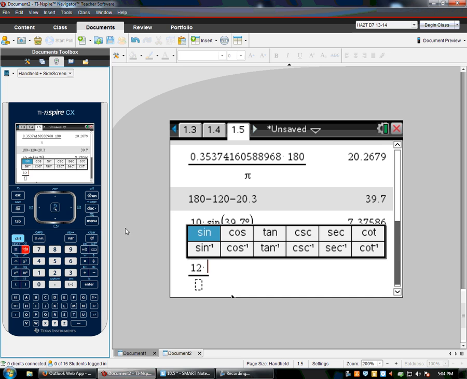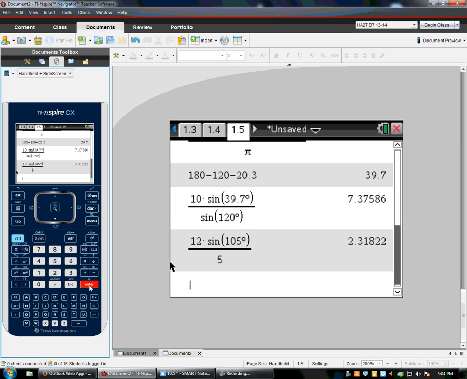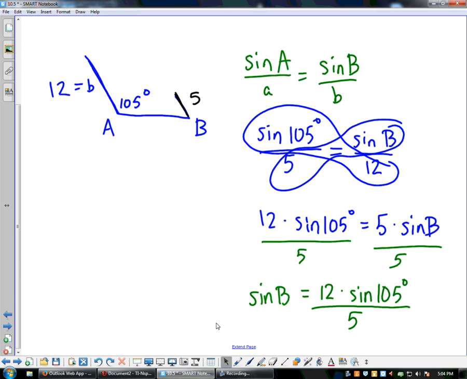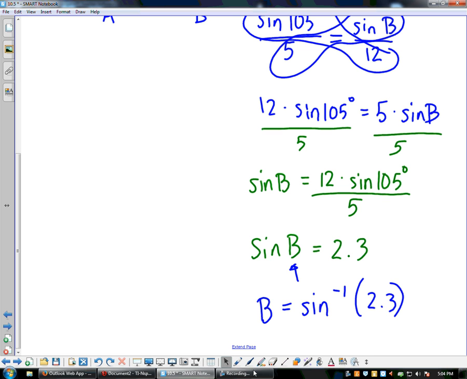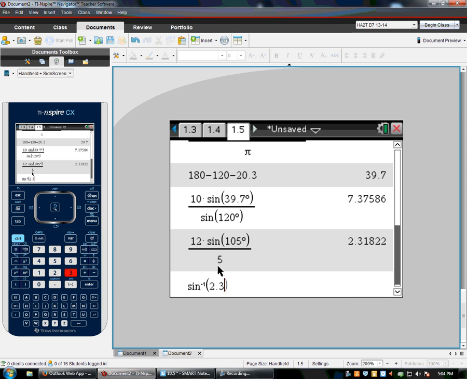So let's see what happens when we type that into the calculator. 12 times the sine of 105 degrees divided by 5. So we're getting 2.3 for the sine of angle B. So let's write that down. Sine of angle B is equal to approximately 2.3. That means we are looking for an angle B who has a sine of 2.3. In other words, B is equal to the sine inverse of 2.3. So if we try this with our calculator, sine inverse of 2.3,